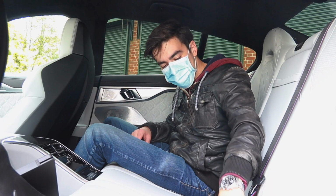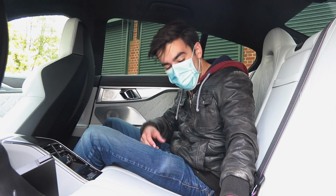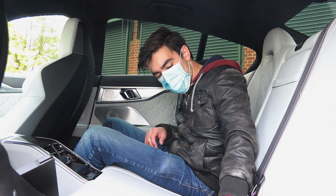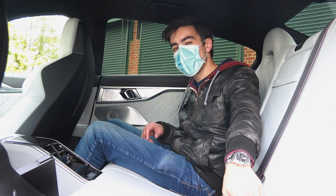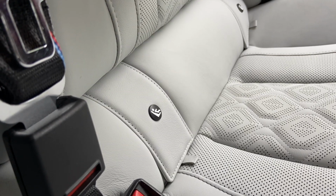You've also got ISOFIX points down here as well, and they're hidden behind these little leather caps. Most cars I go in have plastic caps that cover them up, and these leather ones just add to the M8 Competition's luxury, and they magnetically close as well. Open up the boot,